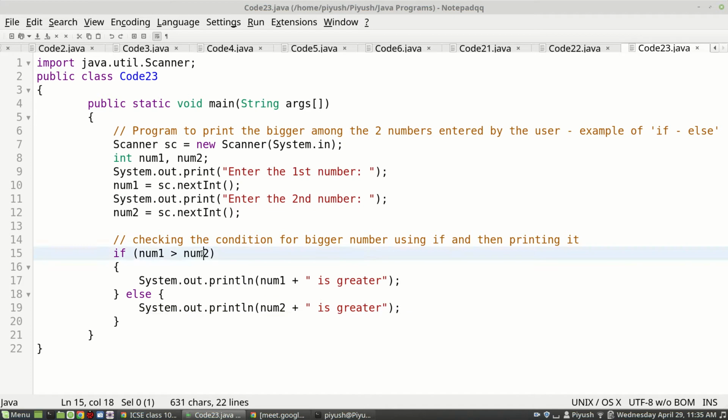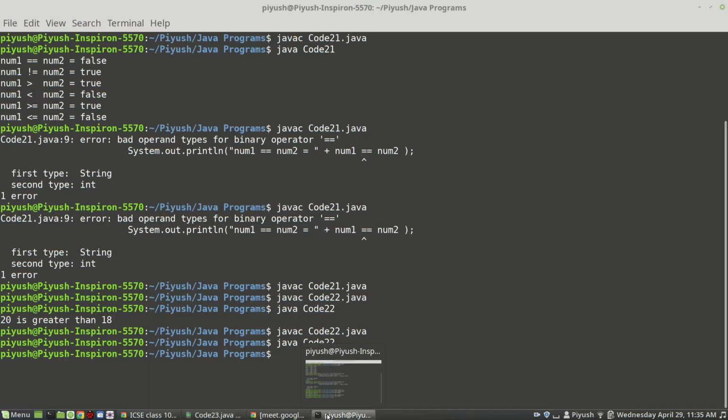Okay, so two conditions, two possible outcomes, we are handling both. So we are using the if else version. If the condition is true, it will go in the if block. If the condition is false, it will go in the else block. We will see the execution. So our program should ask for two values from the user and then it will decide which one is greater. Let us see. We have successfully compiled the code. That means the machine level language version was created.